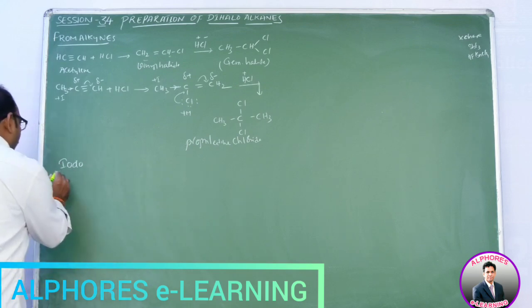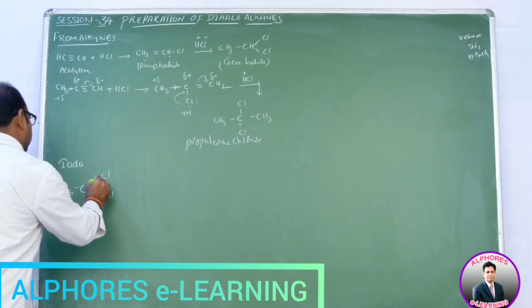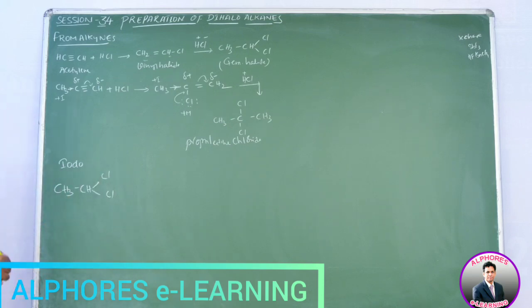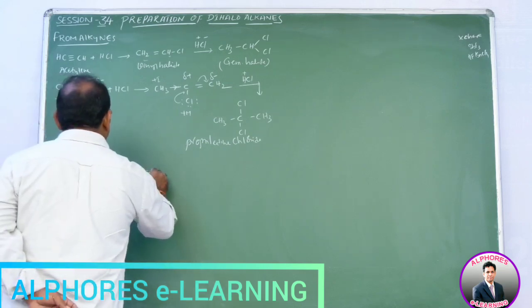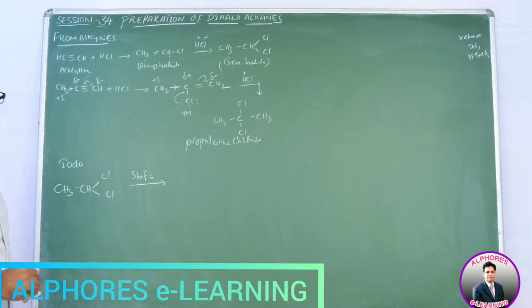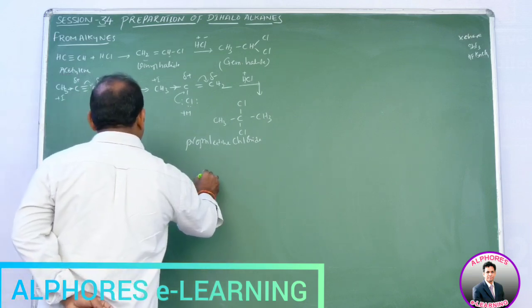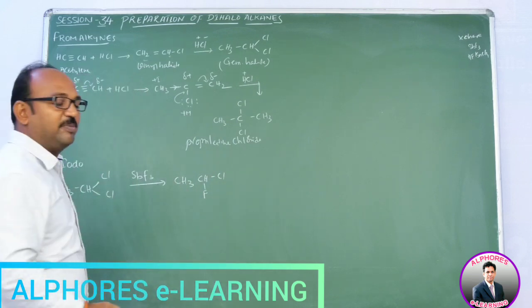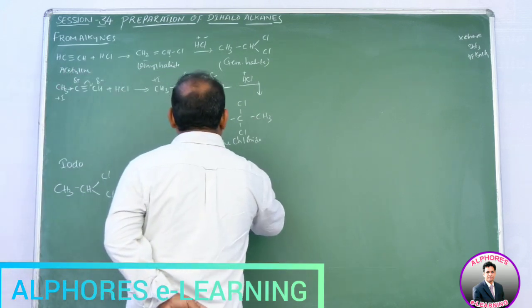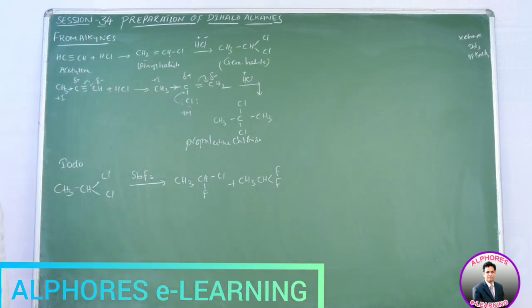So I want to prepare fluoroalkanes. For that, I am going to consider CH3CHCl2, ethylidene chloride. This ethylidene chloride upon treatment with either SbF3 or HF in presence of SnCl4, we are getting the product CH3CHFCl. One chlorine can be displaced by fluorine, and both the chlorine atoms can be displaced by fluorine atoms. Like this, you are getting the product.